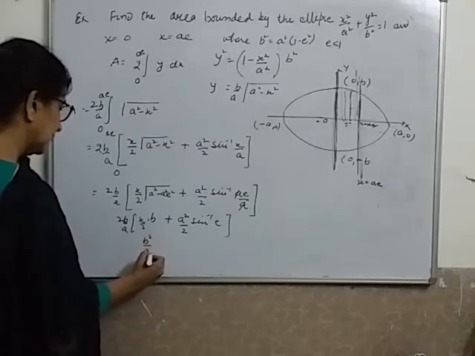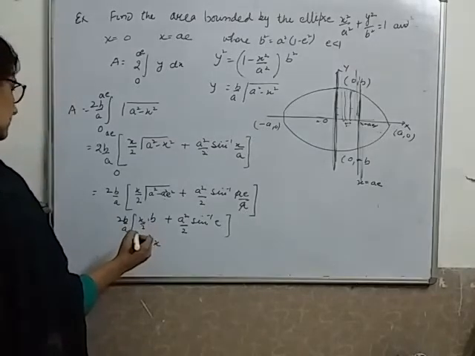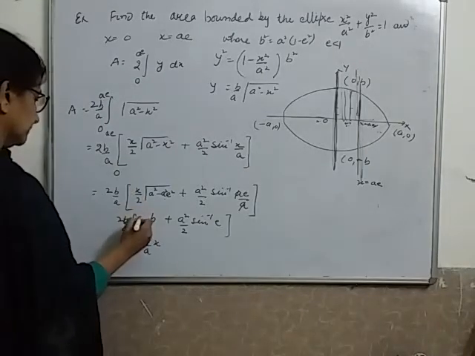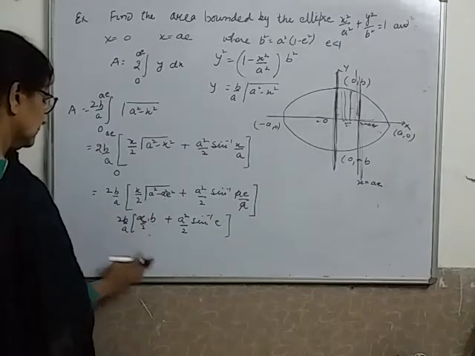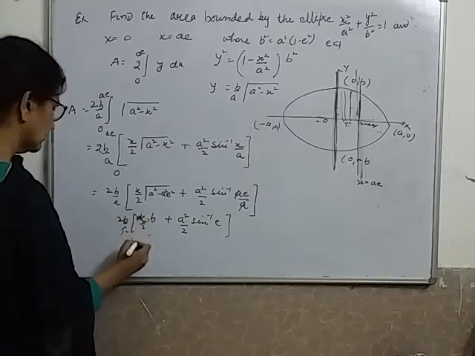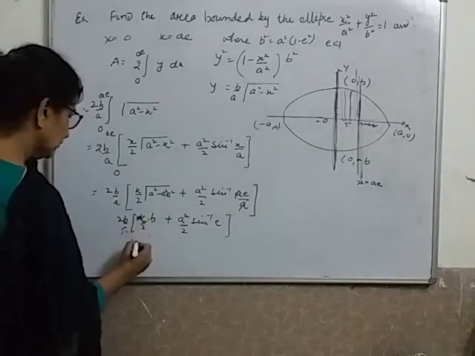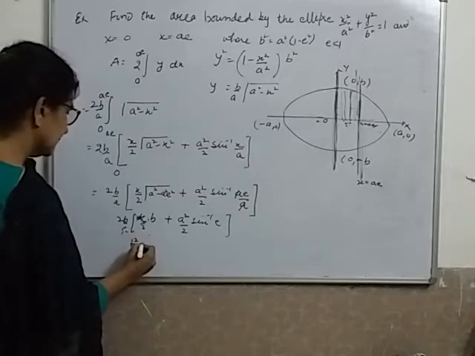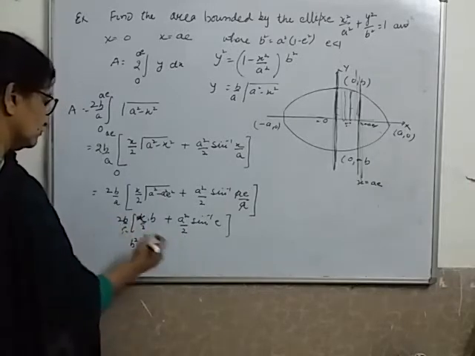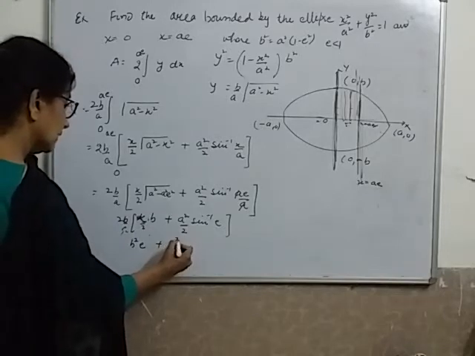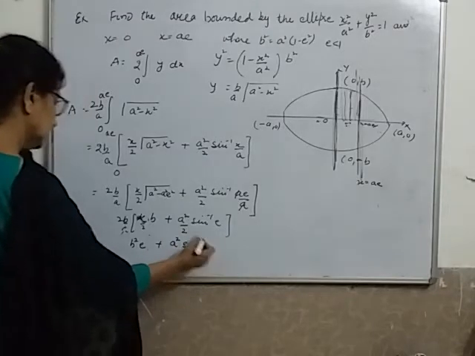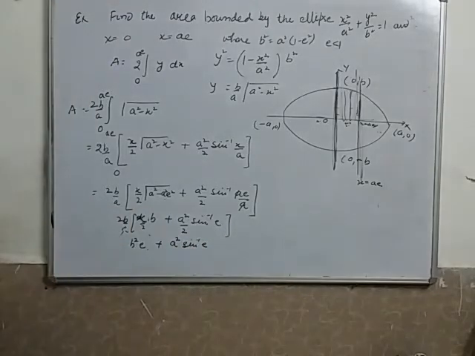Oh, I'm sorry. Here x, how come x is left? AE. Okay. So it will be b, a and a also goes, then you will open the bracket. 2 and 2 goes, so it will be b square e, plus here also when you multiply, this and this goes, you are left with a square and sine inverse e. This is your answer. Okay.